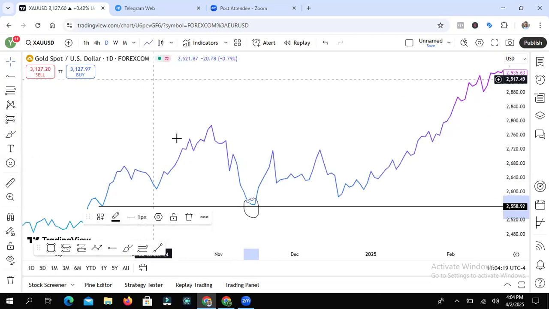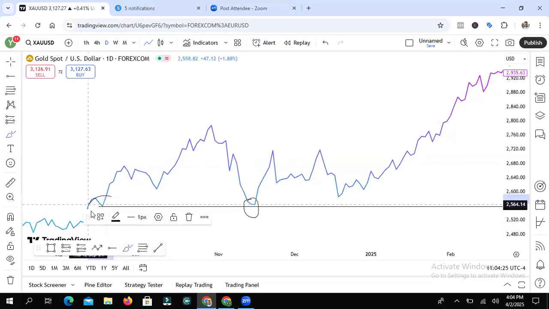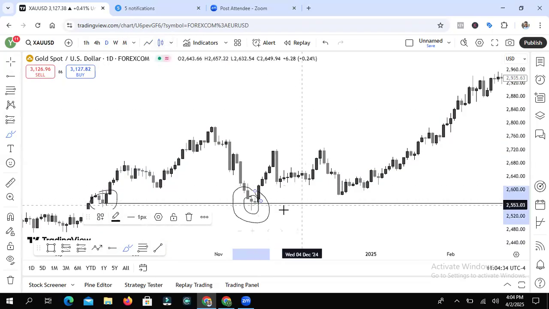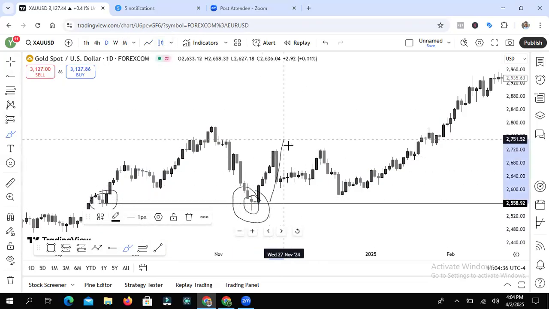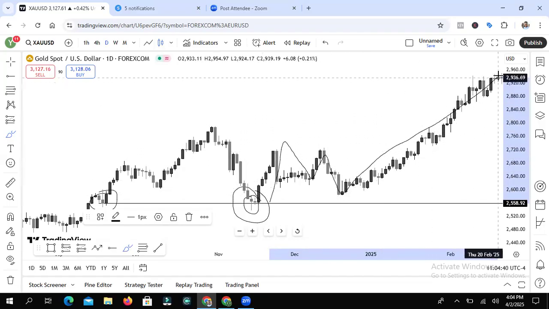By the time I turn on the line chart, it becomes very, very clear. You can see the rejection. You can see the V-shaped key level right here, and then this is, like I said, candle rejection and candle closure. So by the time I turn on this chart, you can see how they continue to push to the upside. They just continue to push to the upside.